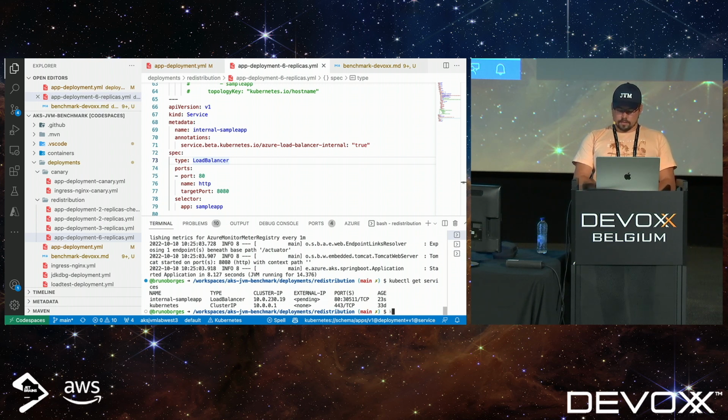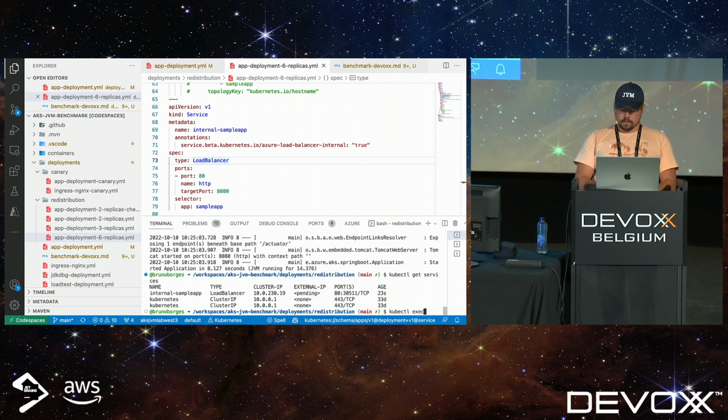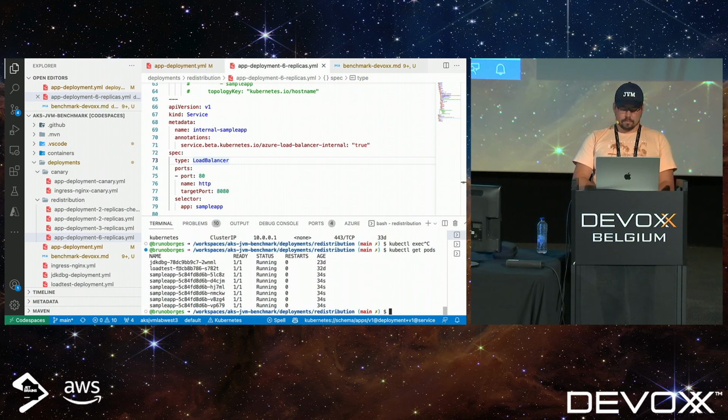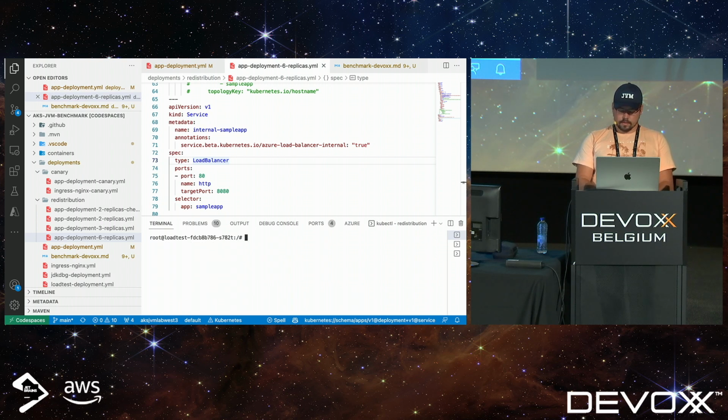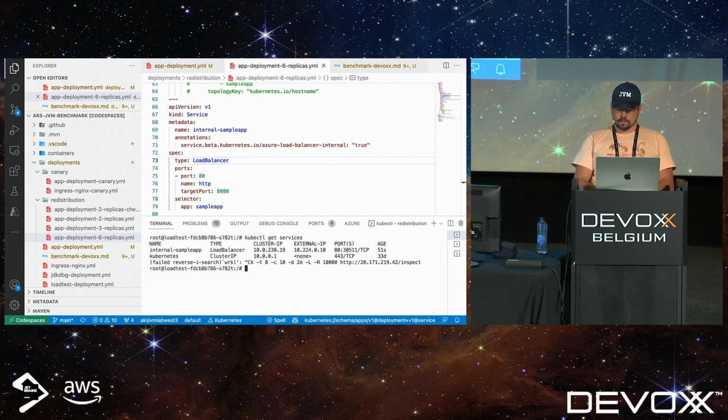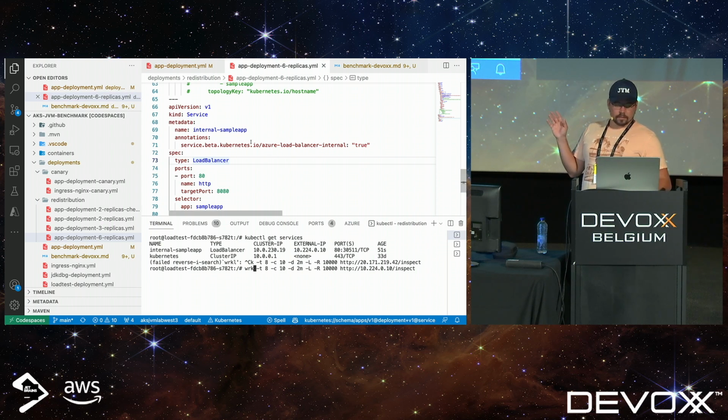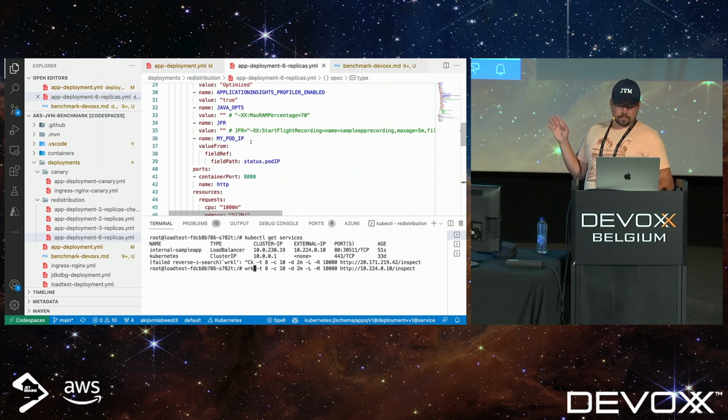kubectl get services. Okay, so we're gonna SSH into a pod to run the test from there. Load test. kubectl get services. We have the internal sample app. This is the IP address. inspect. Okay, so now we have 6 replicas running with very little, not little, but small CPU and memory,